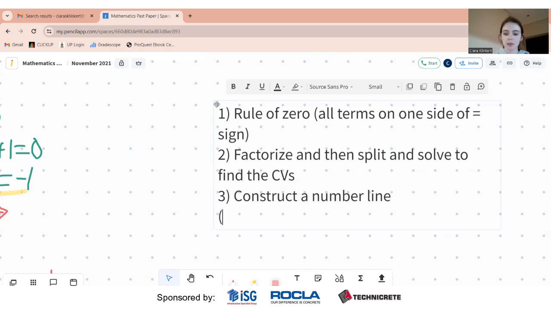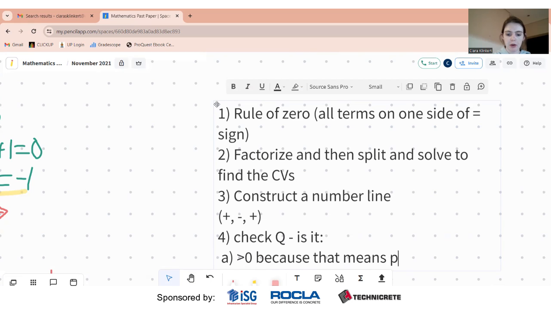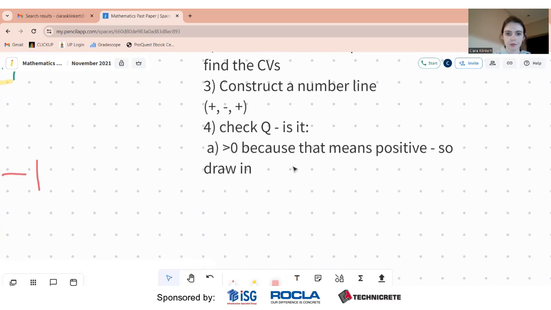Okay, and then we need to remember the plus, minus, plus. Then check the question. Is it one of the two? Is it greater than 0? Because that means positive. So draw in, let me move down so we can see what I'm writing. Draw in,